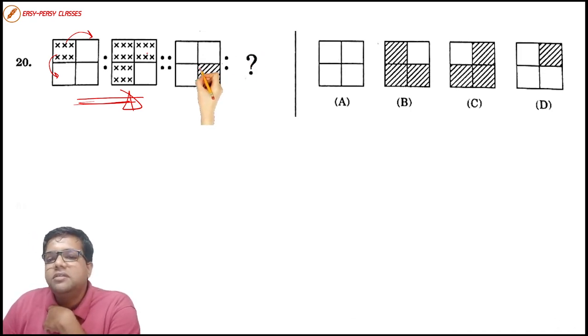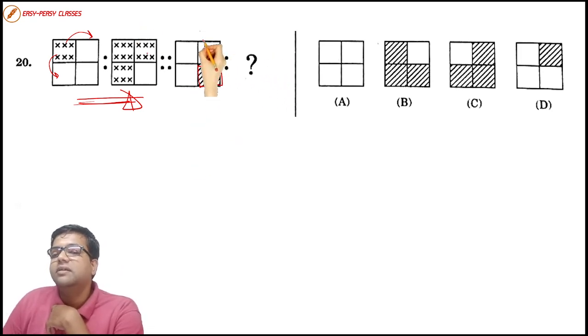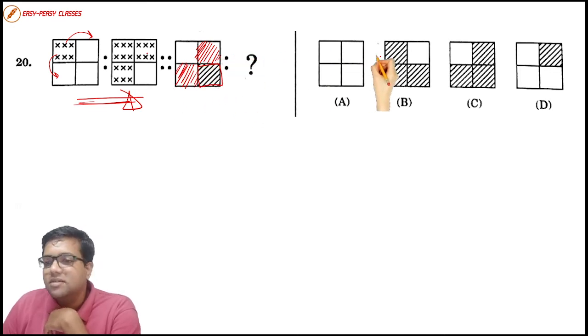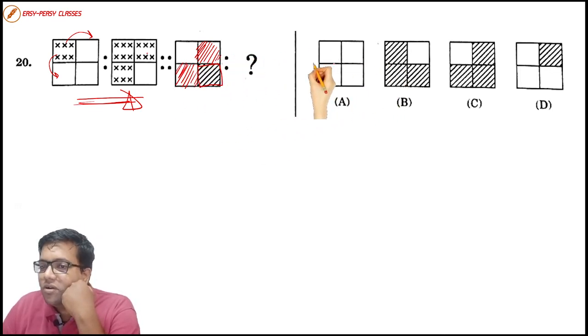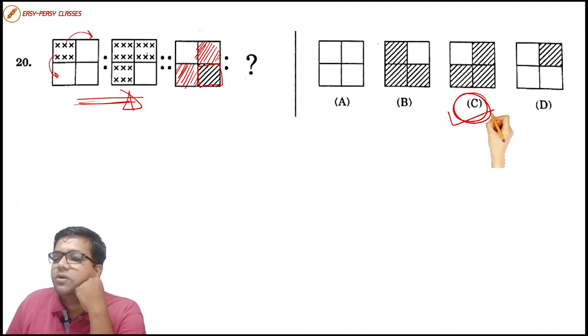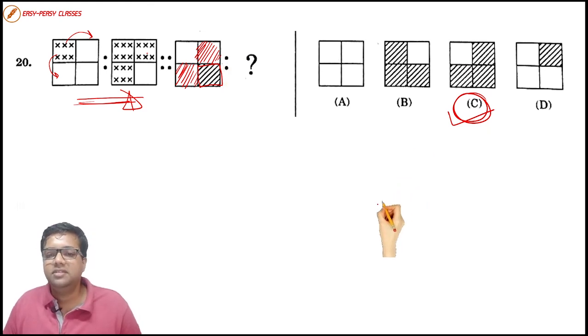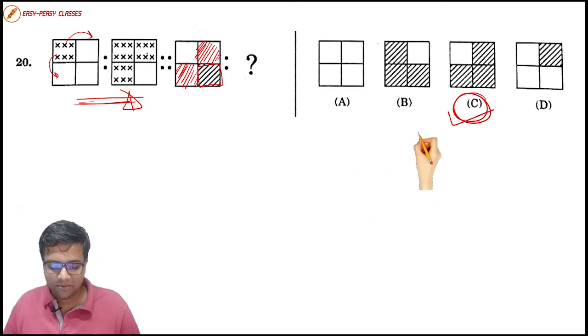So you see here what they're saying, people over here are having COVID. What will happen in the next few days? In the next few days, people who are neighbors to them will also have COVID-19. Yes or no? Yes. And do we have such a kind of figure over here anywhere? Yes, we do have it in option number C. So henceforth, option number C is the right answer for question number 20. Very easy, right? Quite a funny question.